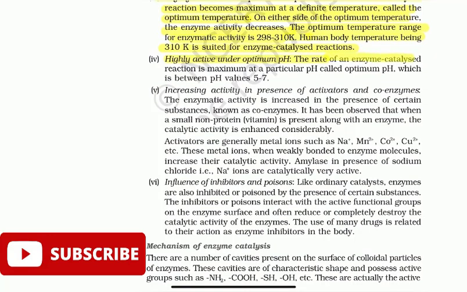The rate of an enzyme catalyzed reaction is maximum at a particular pH called optimum pH, which is between pH values 5 to 7. Increasing activity in presence of activators and coenzymes. The enzymatic activity is increased in the presence of certain substances known as coenzymes. It has been observed that when a small non-protein vitamin is present along with an enzyme, the catalytic activity is